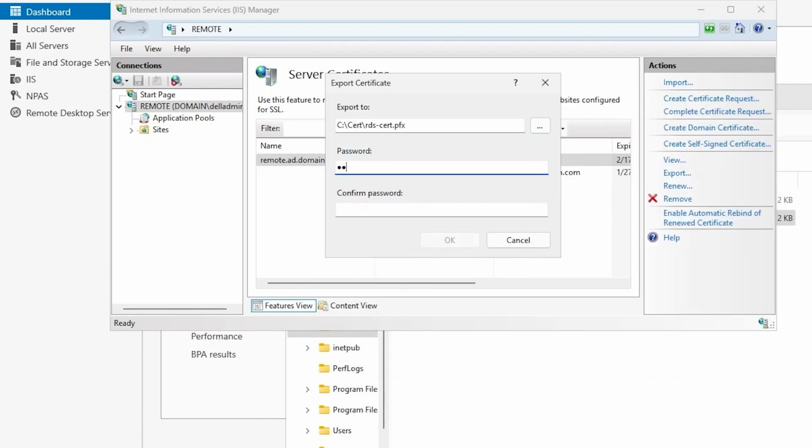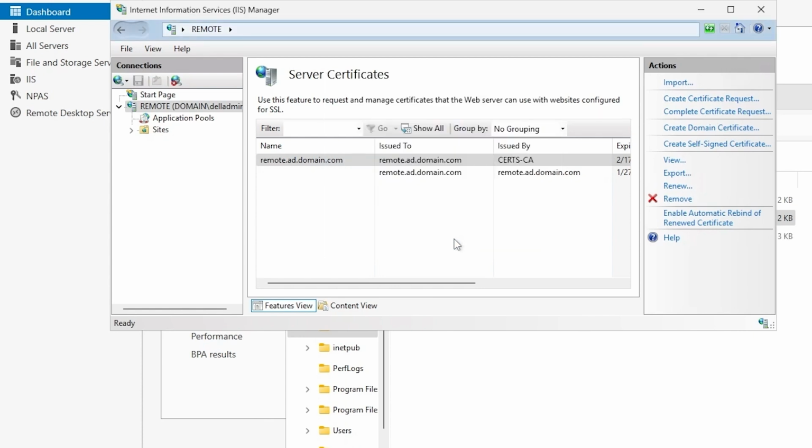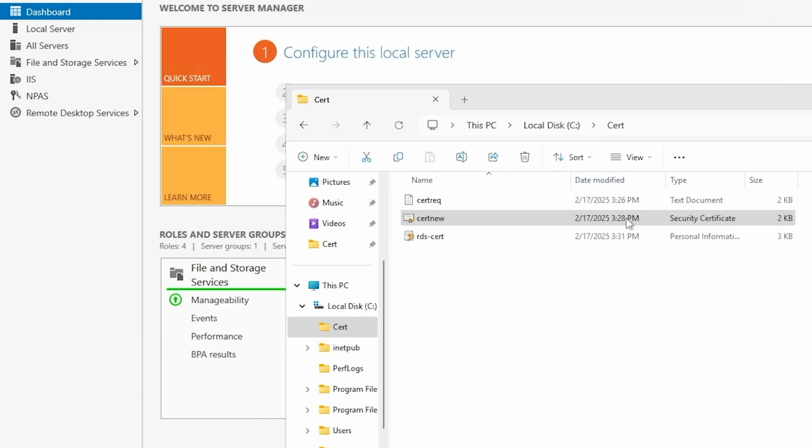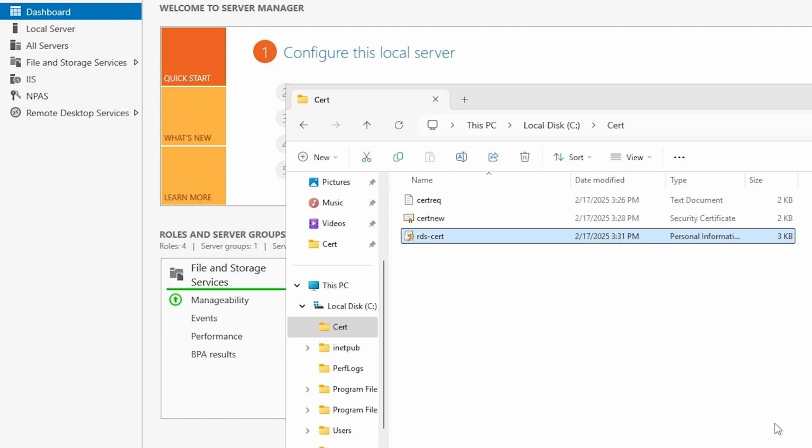And we have to assign a password to the private key. This is for protection of the key. Click OK there. And if I go back to the folder, you'll now see that there's a PFX file in there. And that is the file that we can